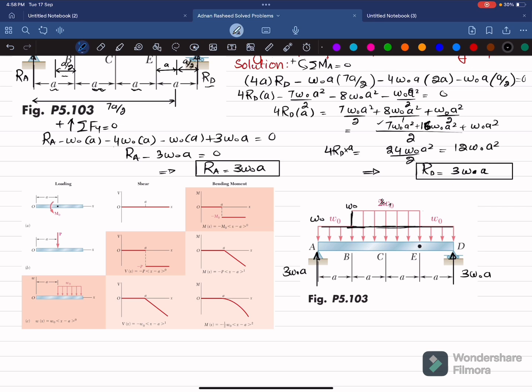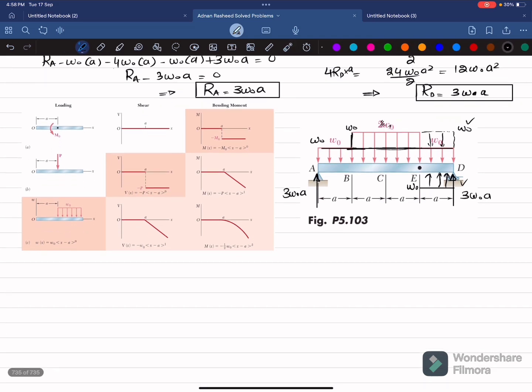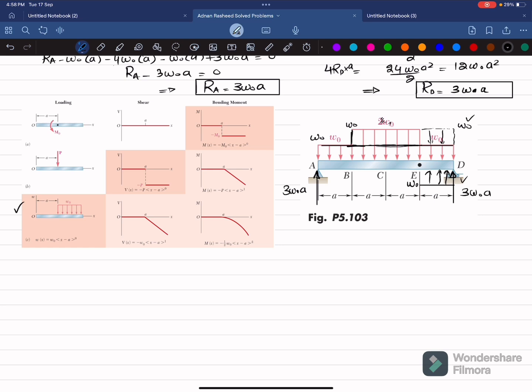And what if I make it toward this side? If I add this much load, W naught, on the lower side, I will make the same, but in the upward direction. This will be W naught. In order to cancel the effect, you can see this and this effect will cancel, and we will only be left with this same portion. Now we can apply this figure